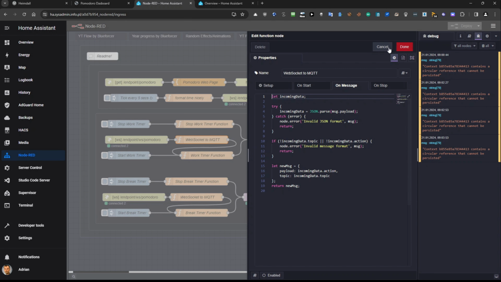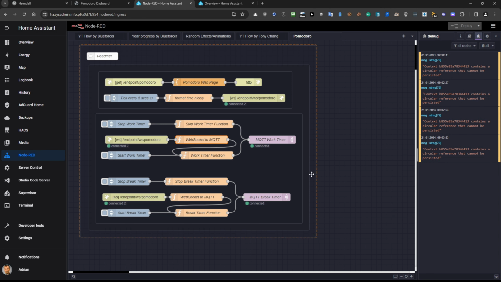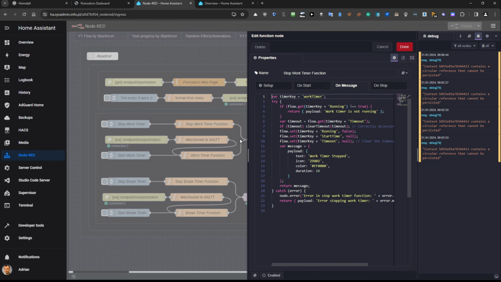No, this is the payload, so it's parsing the incoming data. Stop work timer function. Yeah, because of timer key. Because of this function, actually, I'm sending the data into the object,